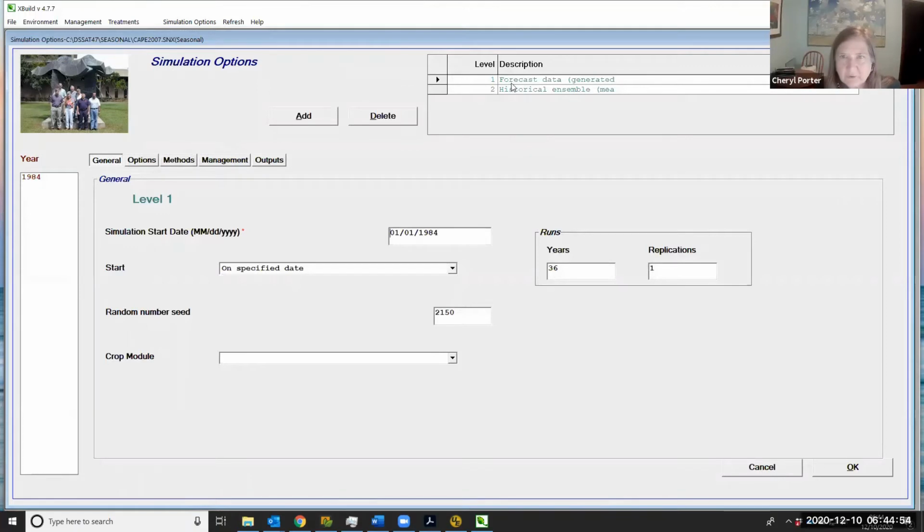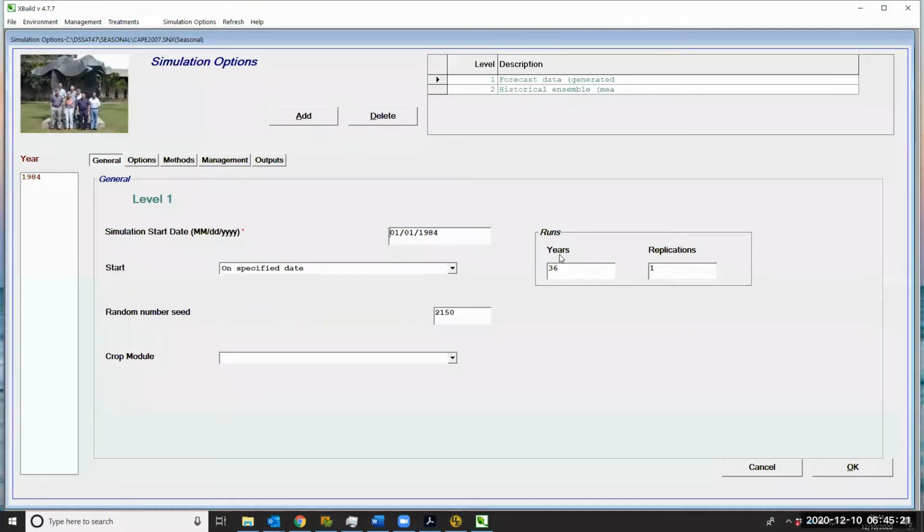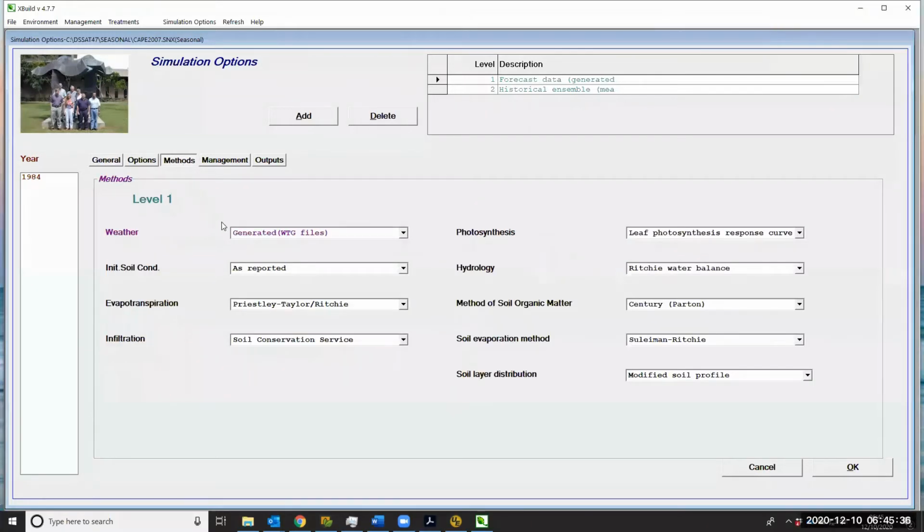Okay, you can see I've got two simulation controls, one set up for the forecast data and one set up for the historical ensemble. They both start on January 1st, 1984 and run for 36 years. Okay, if I switch to methods,